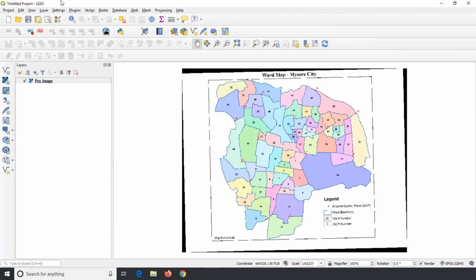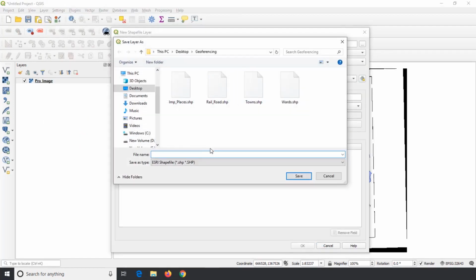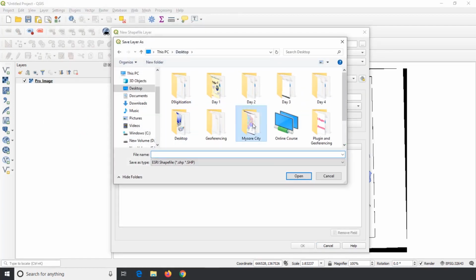To add the population information for each ward, it is necessary to create a polygon for each ward. We have already discussed the creation of vector data in QGIS. Now, I create a polygon vector data, assigning the correct coordinate system and saving it in the name of wards in the folder of Mysore city on the desktop.